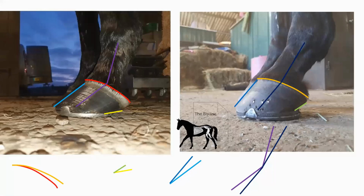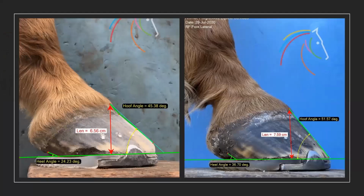And also the micro conformation of the hoof, going back to what we were talking about before, the difference between that weak foot and that strong foot. Sorry, can you just flick back just quickly, because I meant to pick up something on that last. So this is a